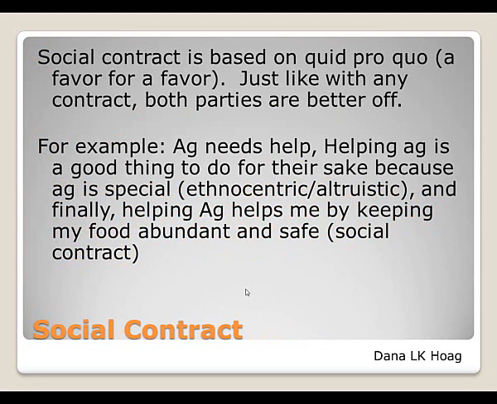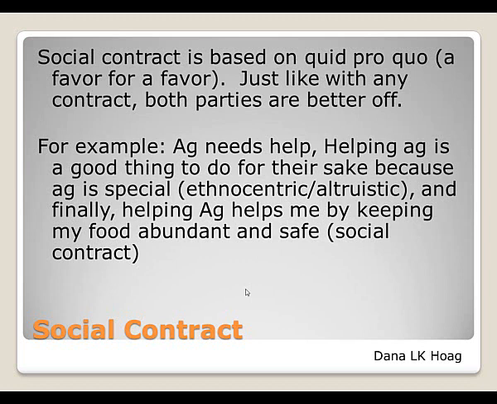Now, the next one is social contract. Let me talk a little more about that. That's the one we're going to use the rest of the semester. When we're done with this week, we are doing social contract or benefit cost analysis, because that's the most efficient, or I guess objective, way a government employee can analyze a policy, looking at who wins, who loses, what are the gains, what are the losses.